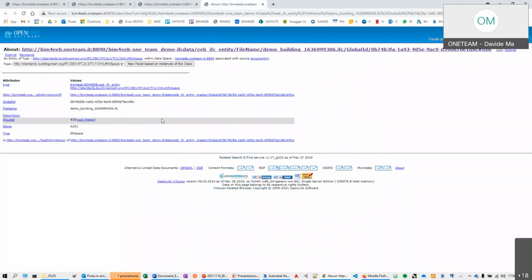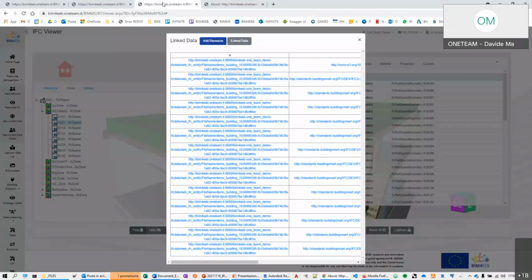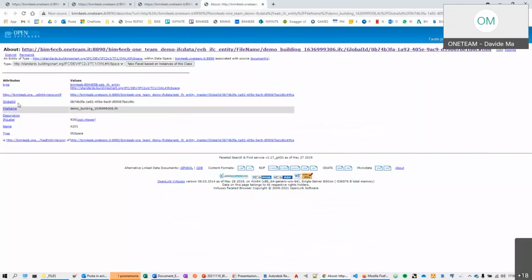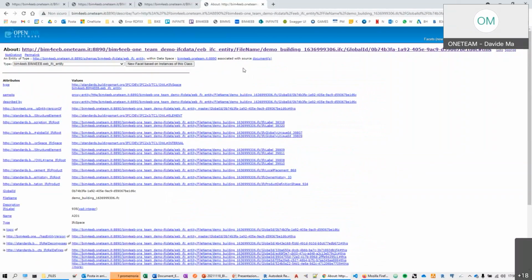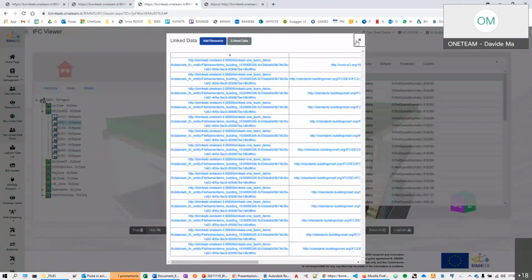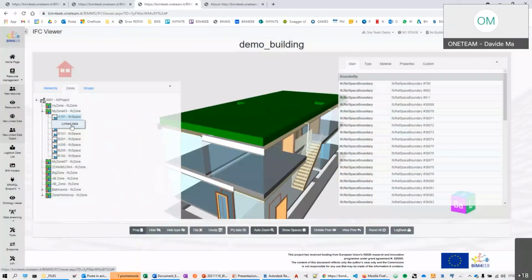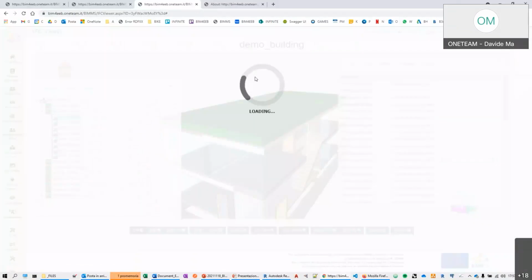This is the same thing that we saw before, but in terms of linked data, there are all the definitions. This is all the data that is attached to it. And almost as important is also to see if there is some data in terms of sensors, in terms of measurements, for example. And if I look now there,